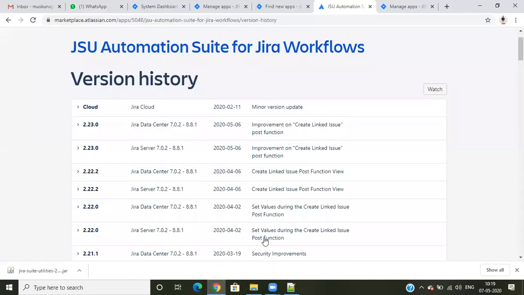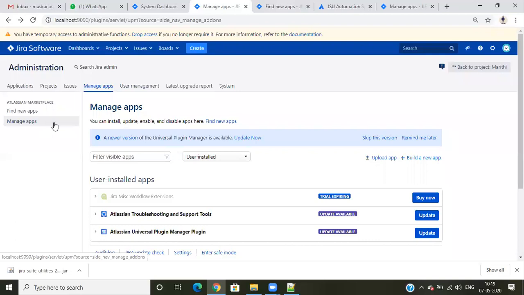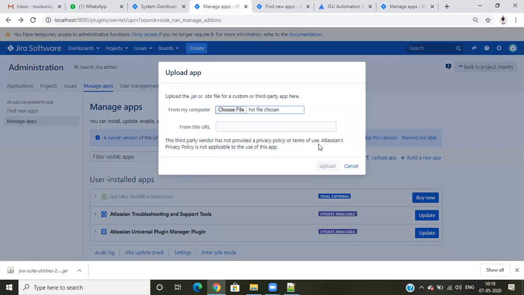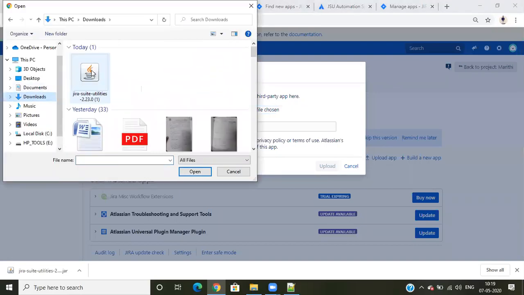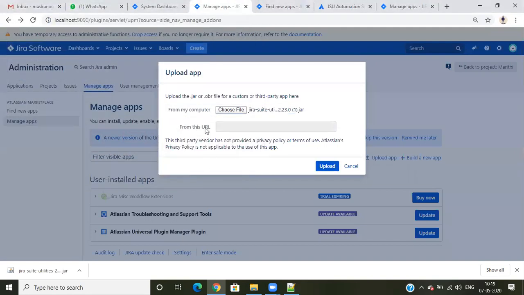What we need to do to upload the app is come to Manage apps, go to Upload app, and click on Upload app. Click on Choose file, select that file, Jira Suite Utilities, and open. Then enter your Jira URL, like localhost:9090 or something.